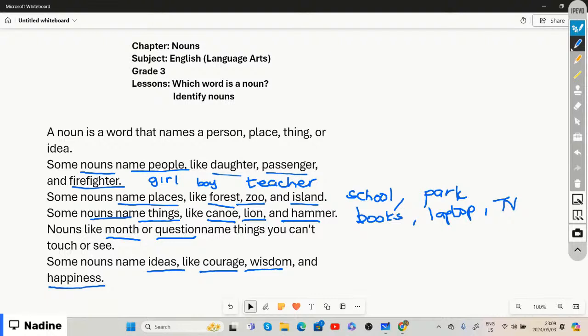All right. So once again, we are doing nouns. And a noun is a word that names a person or people, a place, thing, or idea. And when we say it names a person, place, thing, or idea, it doesn't necessarily have to be the type of noun, right? Because we are not just saying nouns, which are general, right? So this is basically general.